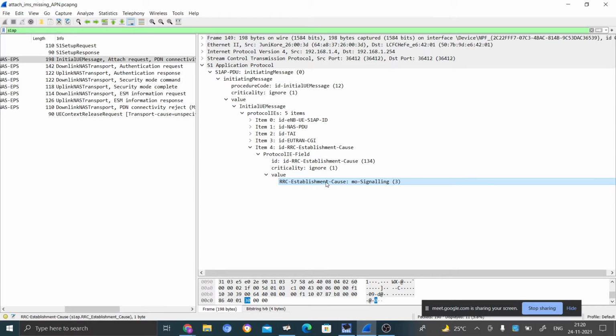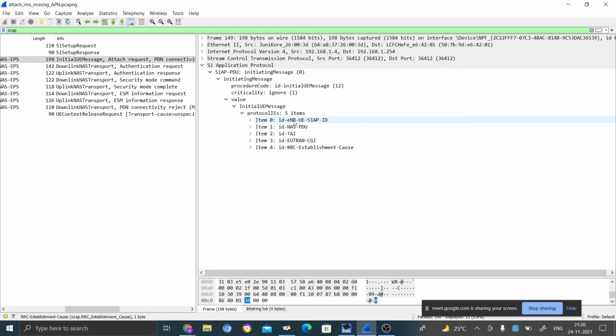It is MO signaling. If it is a voice call, then it will be MO voice call, and MO data if you are trying for any data. So this is the cause, and these are the eNodeB UE S1 AP identities.